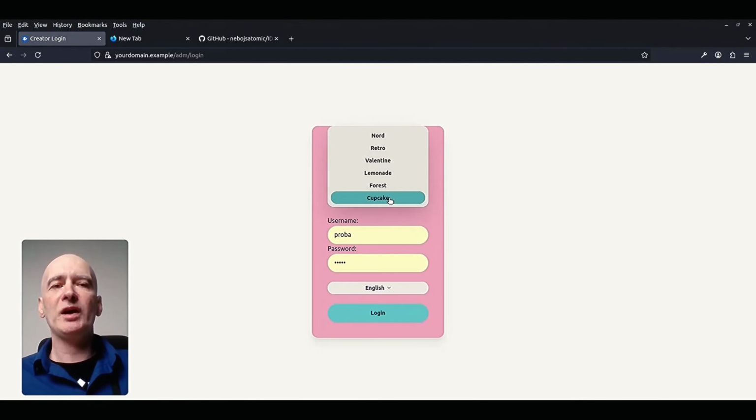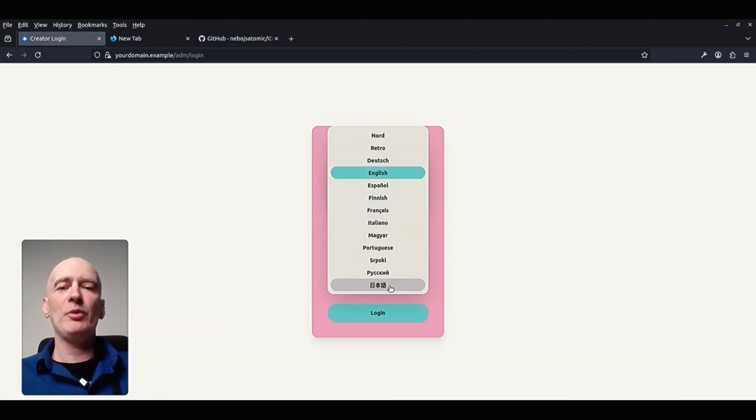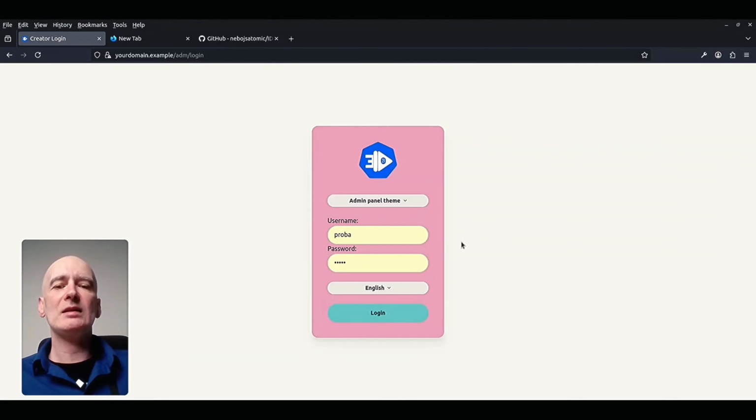Some themes work better, some do not work so well, but you can remove them if you do not like the coloring of a specific theme. Also, there are a number of languages that you can see here: Deutsch, that means German, English, Spanish, Finnish, French, Italian, Hungarian, Portuguese, Serbian, Russian and Japanese so far, but I am working on bringing as many languages as possible.